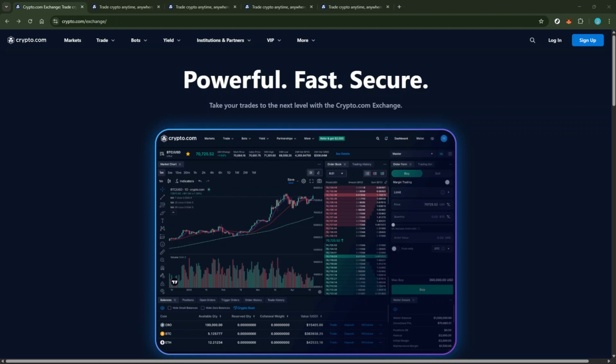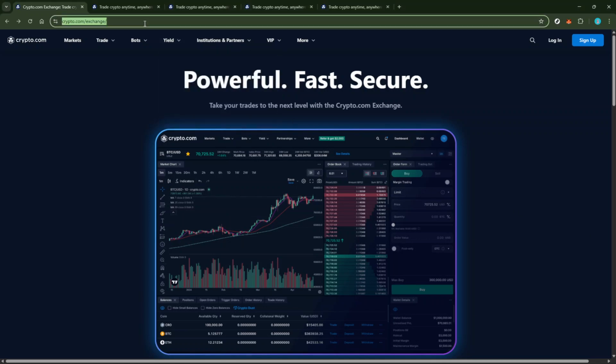First, you'll want to head over to crypto.com exchange. This is where all the magic happens. The website's interface might seem a bit daunting at first if you're new, but don't worry. We'll take it one step at a time. It's always a good idea to have a steady internet connection as you go through this process to avoid any